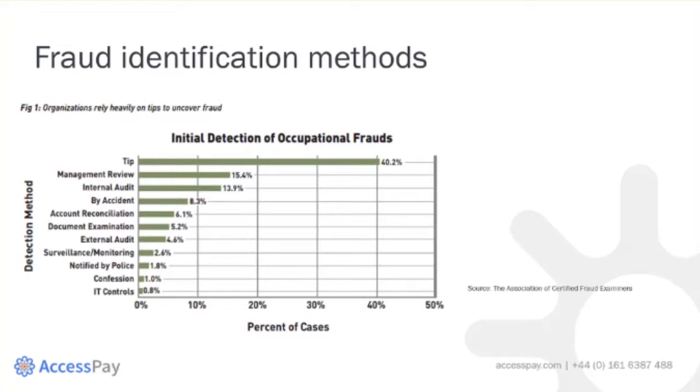So some stats here from the Association of Certified Fraud Examiners. Again, touching on the fact that individuals and our employees are that first line of defense, tips or whistleblowing accounted for 40% of detections of fraudulent activity in this study, which is a really high number when you consider how much fraud goes on. And just to draw your attention to IT controls, wallowing at the bottom there at 0.8%, further highlighting the fact that even through automation and whatever security protocols are in place, the technology isn't good enough at the moment to detect these kinds of errors.